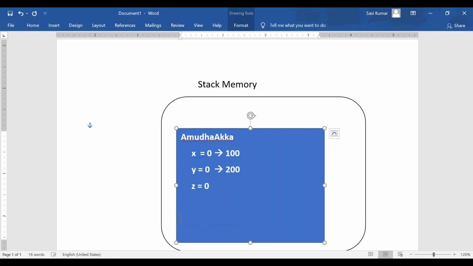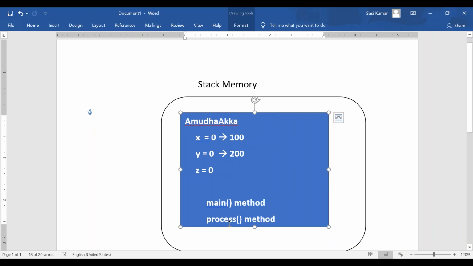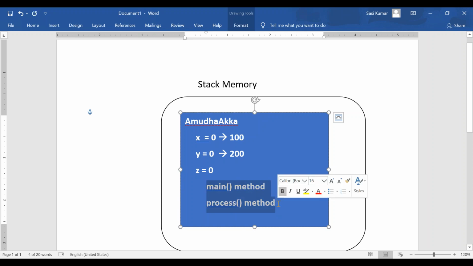Here what do we have? Here we have two things. One is the main method, correct? It will load the main method, and it will load one more static method, the process method, correct? What is JVM doing? JVM is loading these two methods into stack memory.